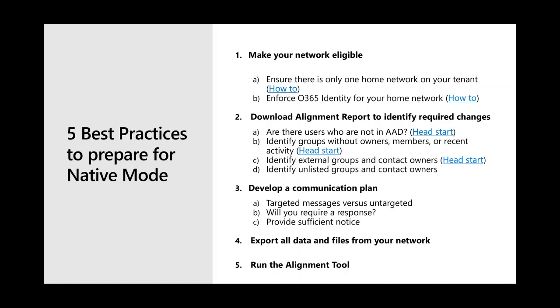So we have a couple of customers who are in a one-to-many state where there's more than one Yammer network associated with their tenant. That is not something that we are continuing to support overall. And when you move to native mode, that's a hard stop that has to be updated. There is a link on the slide for a migration page that will teach you how to migrate your existing Yammer networks to consolidate. And that's something that's available in our public documentation as well.